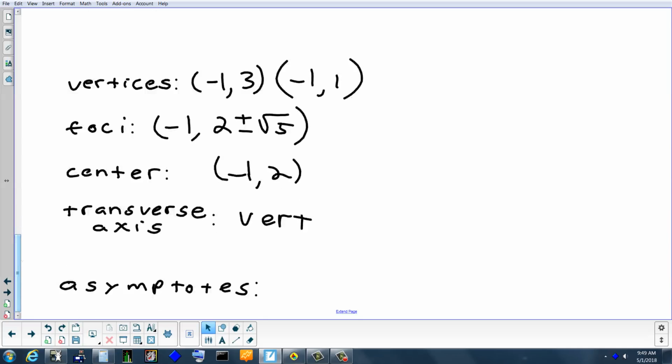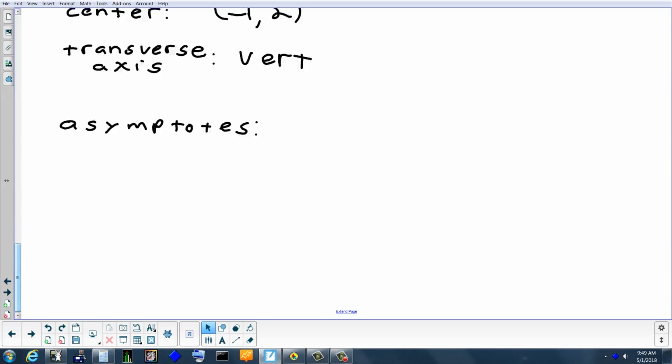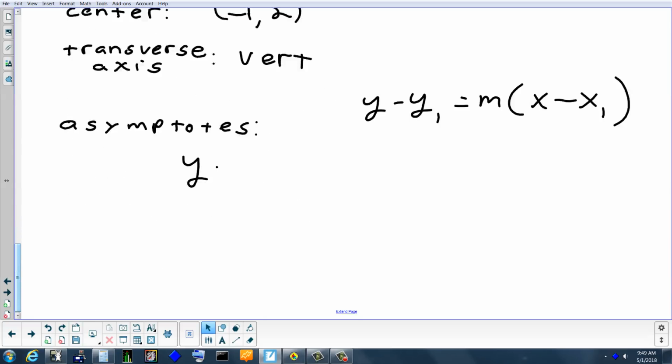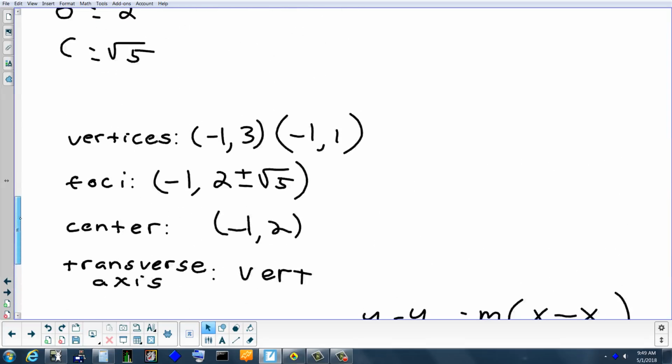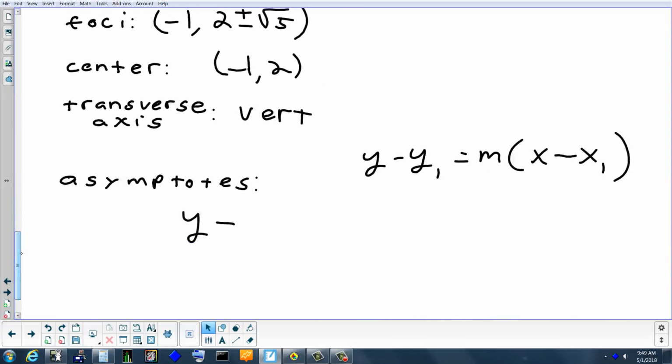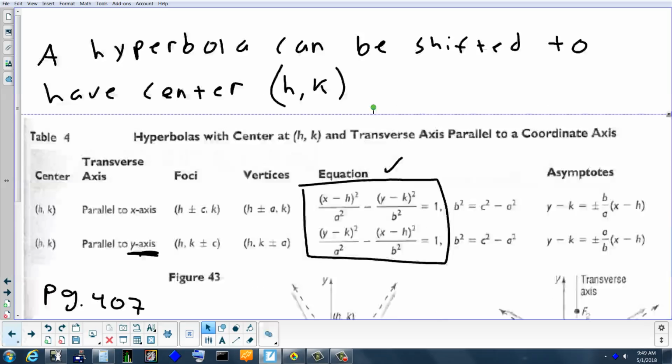Okay, and the asymptote, remember, it's really just point slope form. So in algebra 1, you wrote it like this. y minus y1 equals m times x minus x1. Okay, so my asymptote is y minus, and now for the coordinate that you use, you just need a coordinate that's on the hyperbola. You can really use anything you want. Okay, you've got 2 vertices, so use,